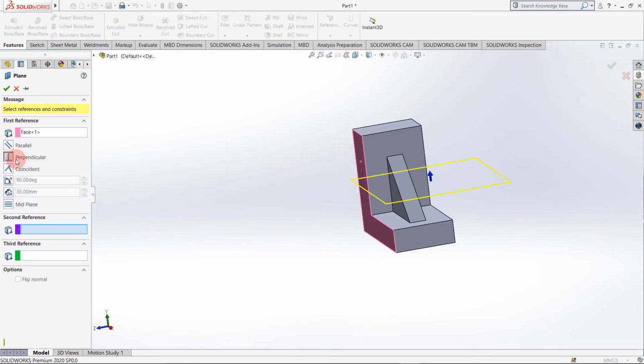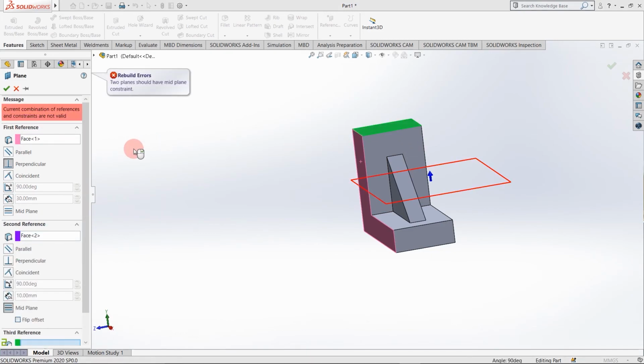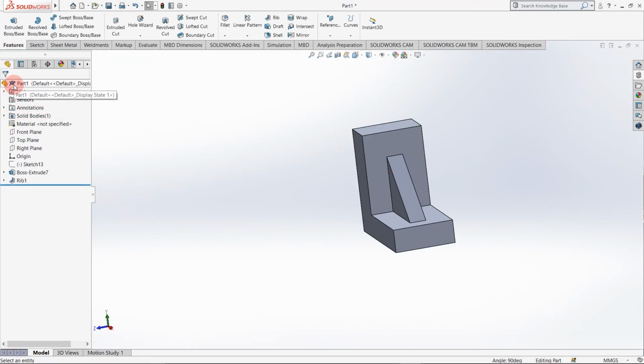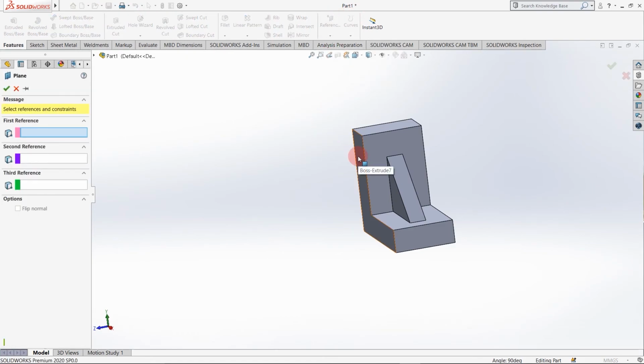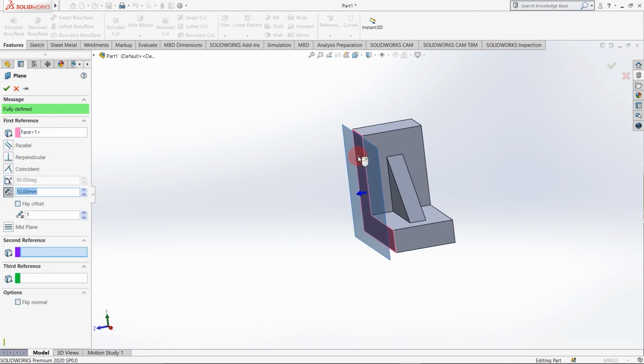As you can see, it needs another reference. So you can see the plane is now perpendicular. I want a reference plane parallel to this surface at 30 mm.